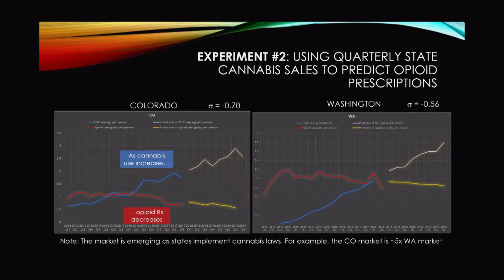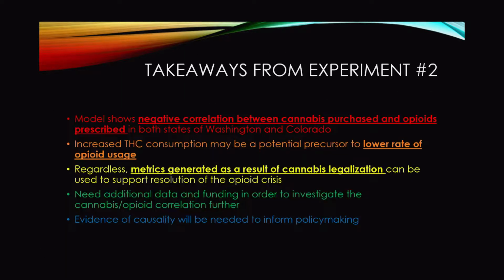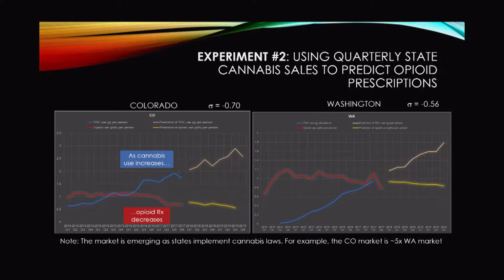This is what we observed. If this correlation does indicate such associations between them, we can build a model to further predict what could happen in the future. Here, the very light blue curve is the prediction of cannabis use in the future, and the yellow line is the prediction of opioid drug use. So if that's the case, it's good. We found good data, we used new data, and we found some good things.